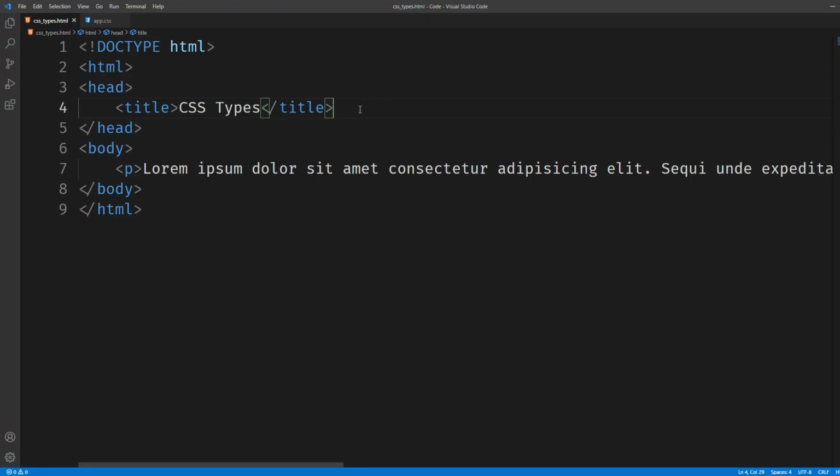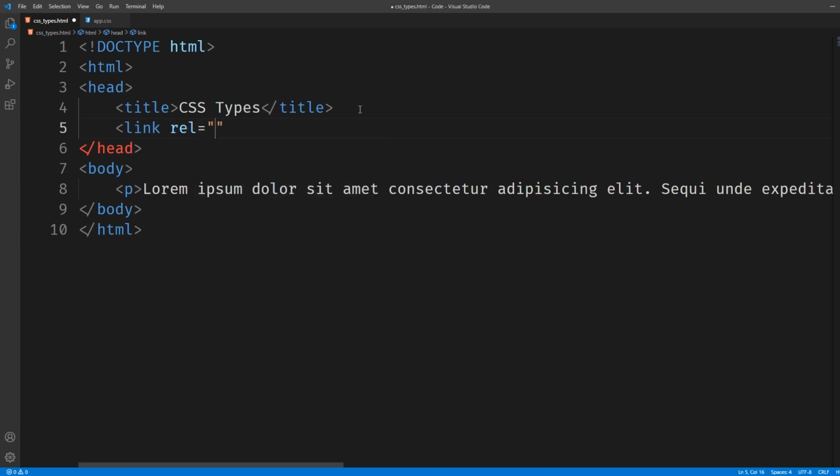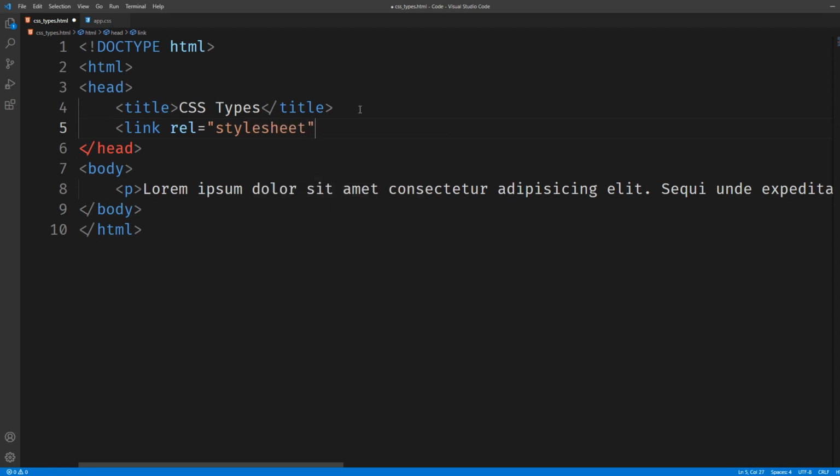So I'm in my VS Code, and inside the head tag I will just use the link tag. So the link tag is basically used to connect the CSS file and the HTML file, and inside the link tag what I want to give is the relation attribute. So the relation attribute is basically what is the relationship between the file that we are linking together. So I'm adding the style sheet to this HTML page, and also I want to give the reference to that HTML page. So that basically is app.css. This is basically the name and the address of that file.